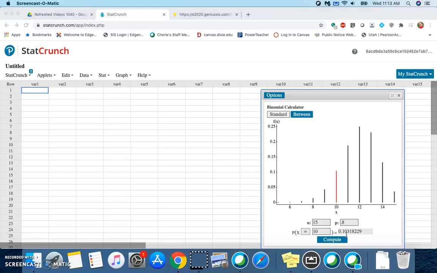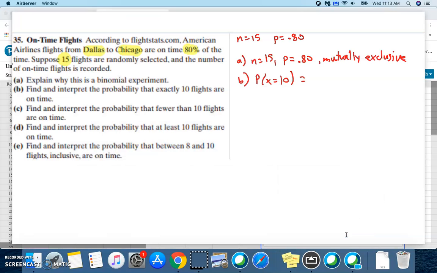Let's go back over to this screen. So it'll be a 0.1032 probability that exactly 10 flights are on time. That's not 10 or more or 10 or less, that's exactly 10 in a trial of 15. Okay. And then interpret. So the way you'd interpret that is you'd say something like, okay, if there's a 10.32% chance,